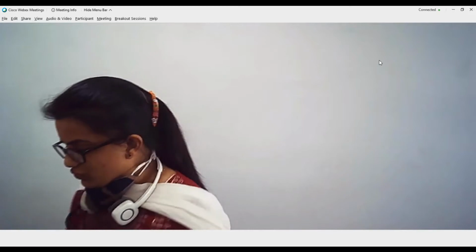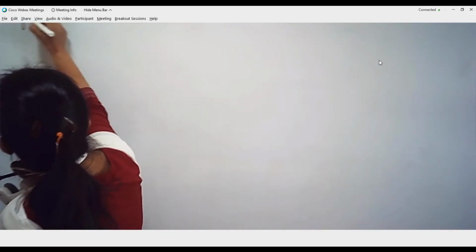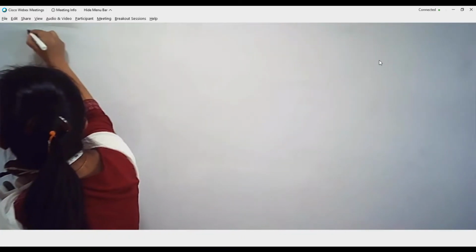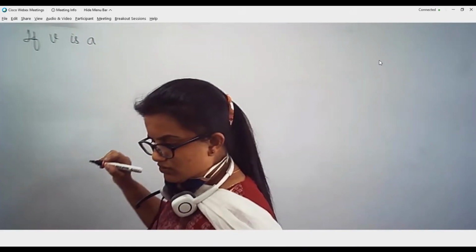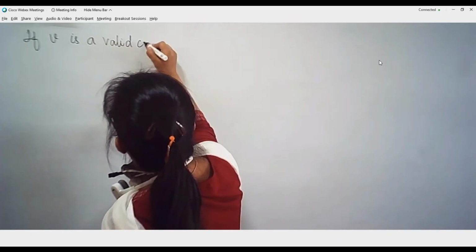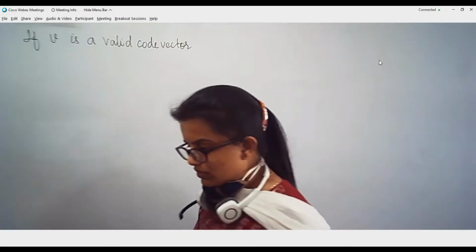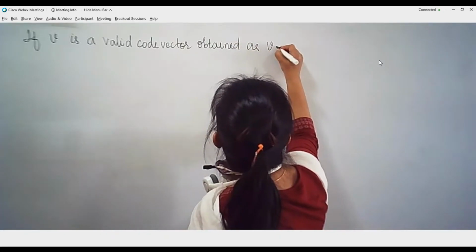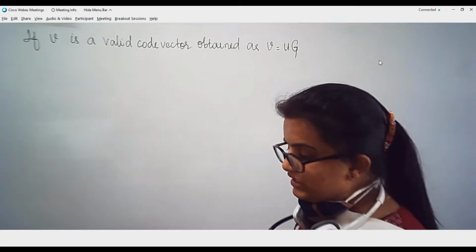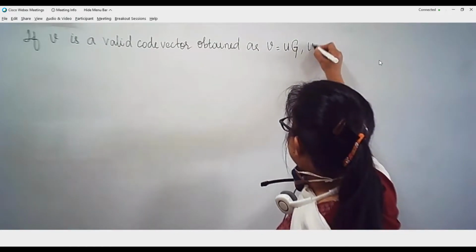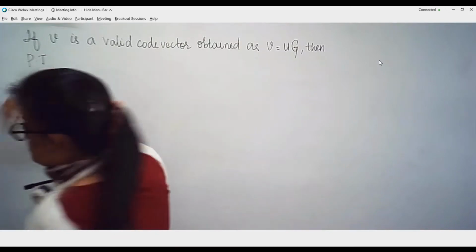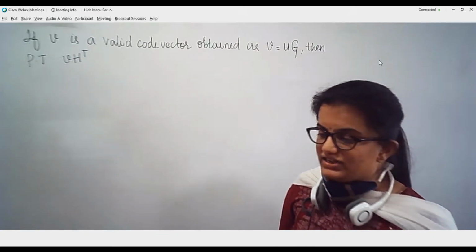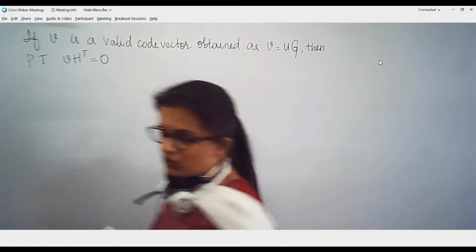The proof question is: if V is a valid code vector, obtained as V equal to U into G, then prove that V multiplied by H transpose is equal to 0, where